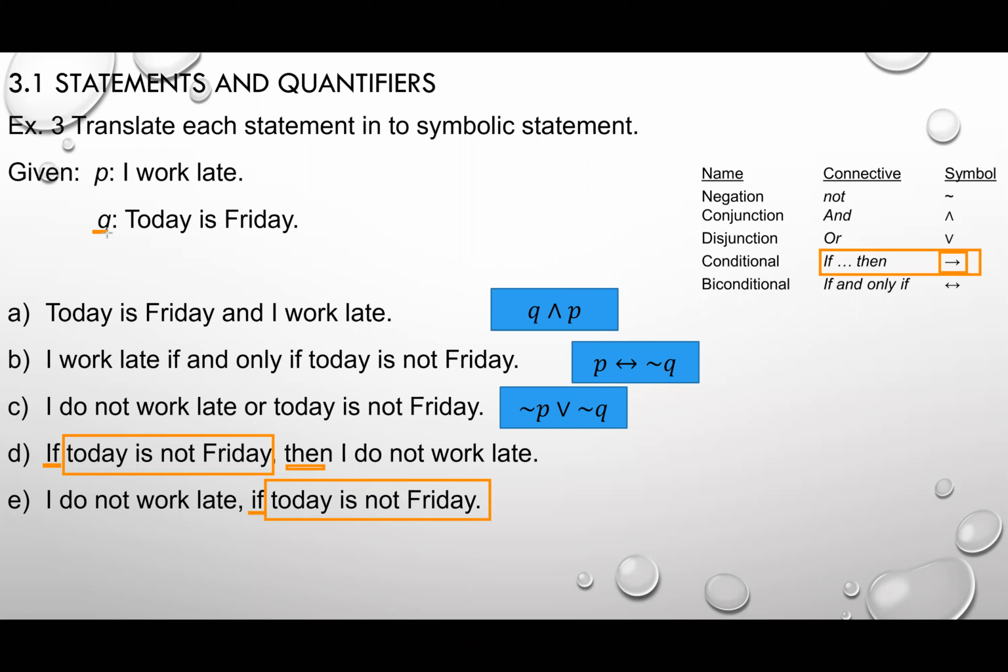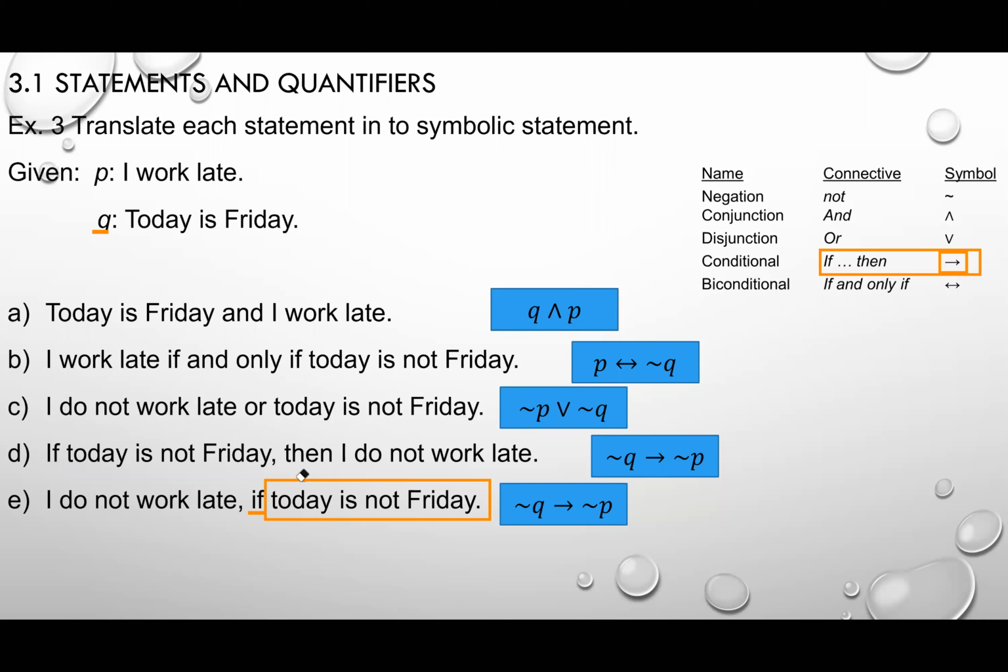My Q is Friday, but this thing is not Friday. So I need to put in the negation of Q, a single arrow, and the negation of P. One thing that you will see, the symbolic for D and E is exactly the same. The symbolic for E and D is exactly the same. But the way that they write it in English,